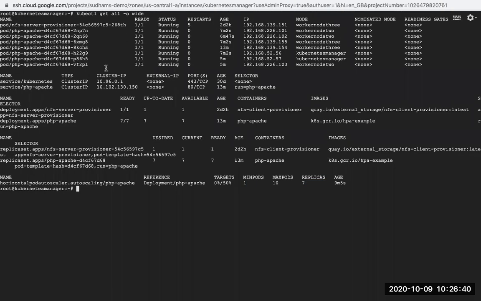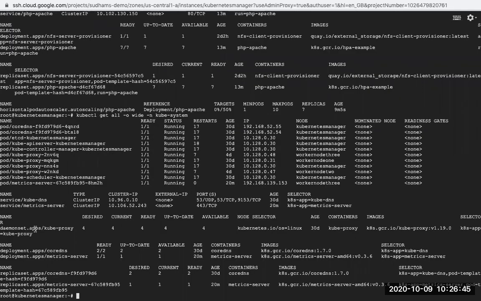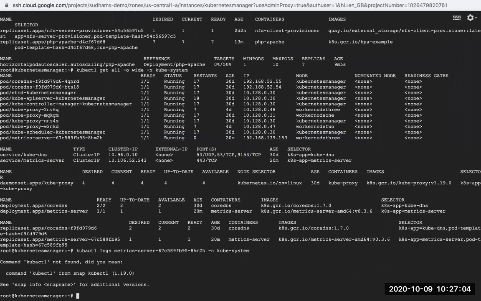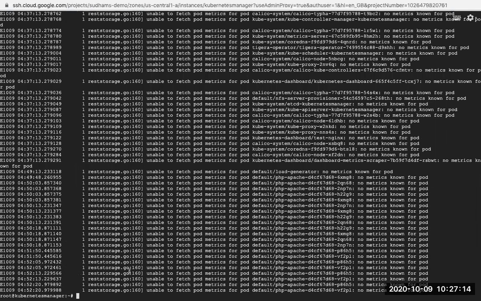So I think this issue is still existing. Let me try to check the logs of this. Unable to fetch pod metrics for a pod.